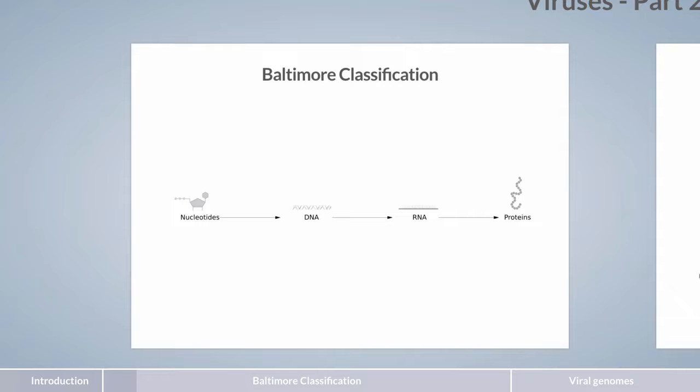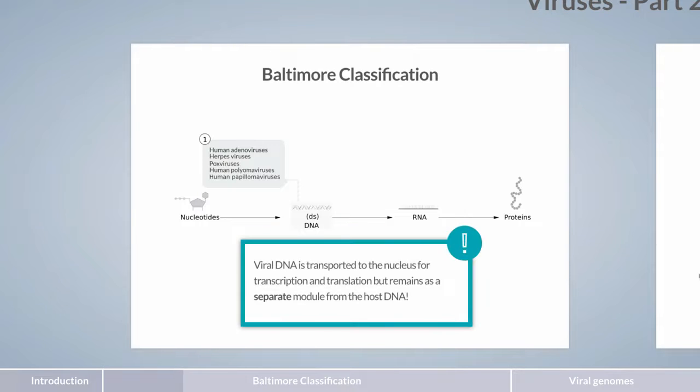A viral genome similar to the genetic material of the host: double-stranded DNA, or in short, dsDNA. Many viruses belong to this first group, including adenoviruses, herpes viruses, pox viruses, polyomaviruses, and papillomaviruses. Most viruses in this group are usually required to deliver their genome into the host nucleus, where it can be transcribed by the host's infrastructure. It should be noted that the viral DNA stays as a separate module and doesn't fuse with the host cell